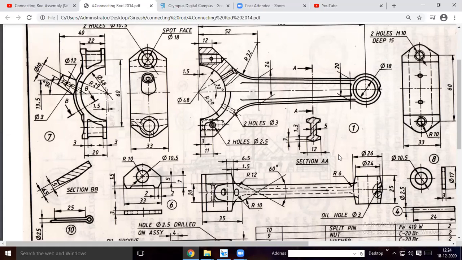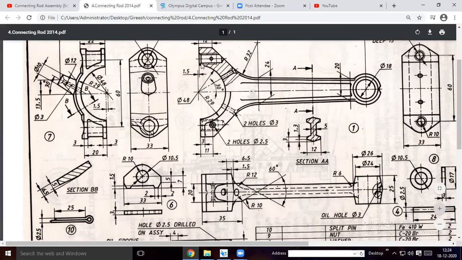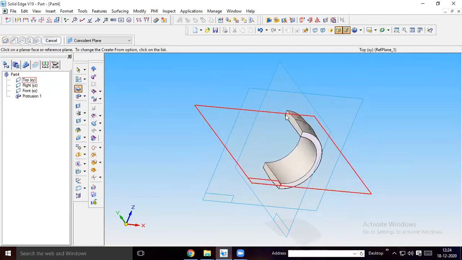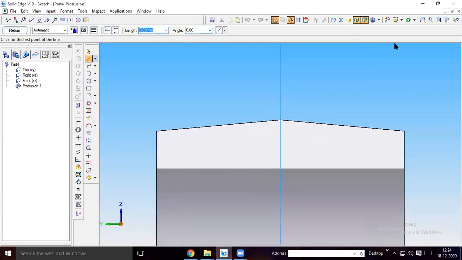Yes, sir. Okay. So what I have to do, select the face, this face. Okay, from this side face, you draw this profile. You draw this profile. So go to protrusion. So then rotate this, select this face. Okay.